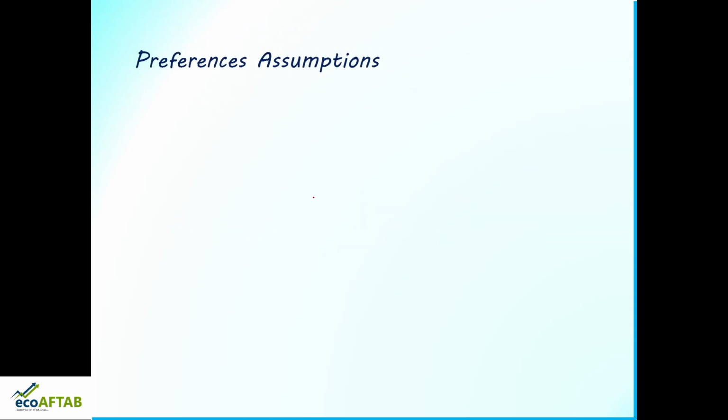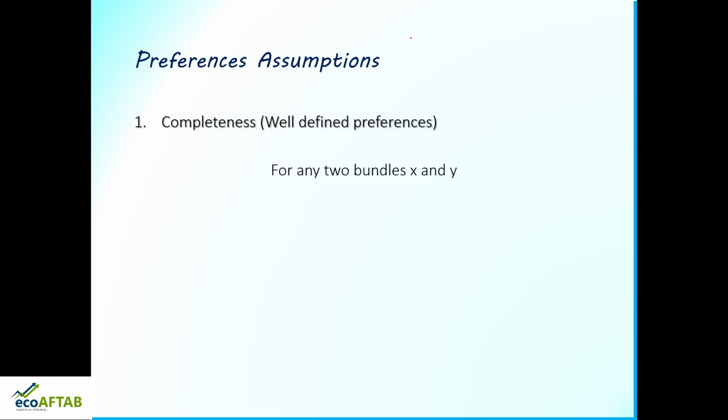Now when we speak about utility function, there are certain assumptions with regard to our preferences, and we will see them in detail. What are the assumptions? The first assumption is completeness. When we speak about utility function and indifference curves, the first assumption we need to know is that our preferences are well defined. When we say well defined preferences, it means completeness. So for any two bundles X and Y,